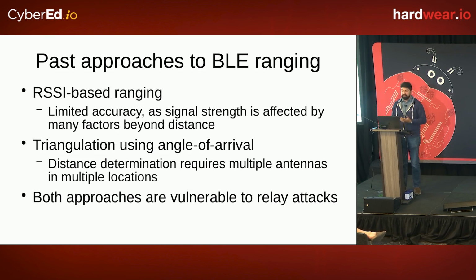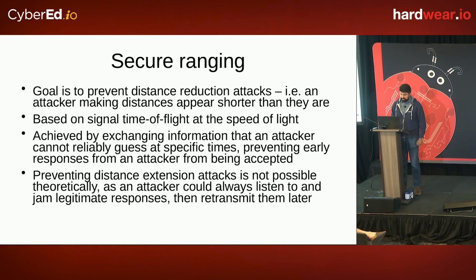So there was a need to have a relay-resistant approach to figuring out devices' distance from each other. For secure ranging schemes, the goal is to prevent devices from appearing closer together than they really are. And this is achieved based on the time of flight for signals, which is based on the speed of light. In a secure ranging scheme, devices will exchange information such that an attacker cannot guess what the correct value to